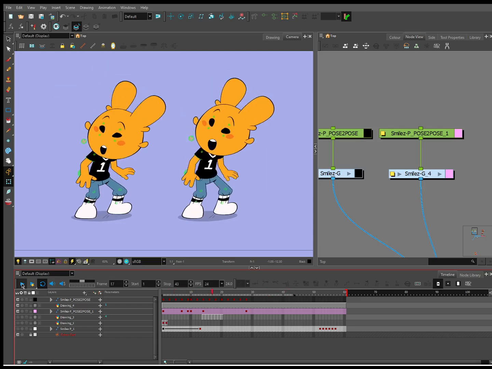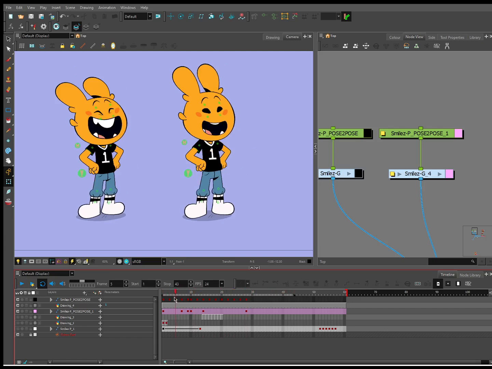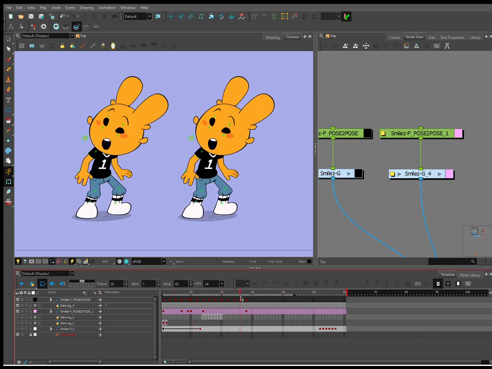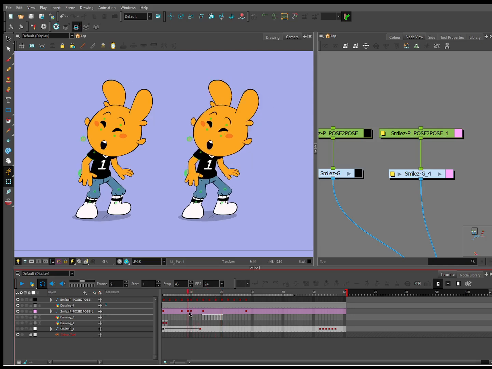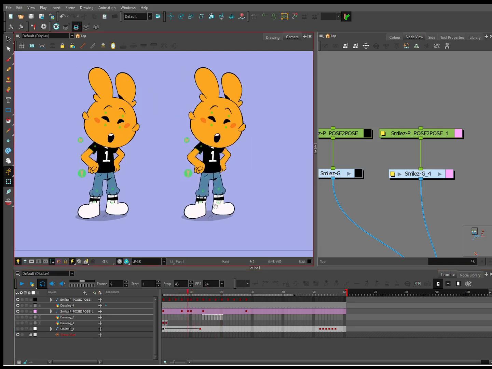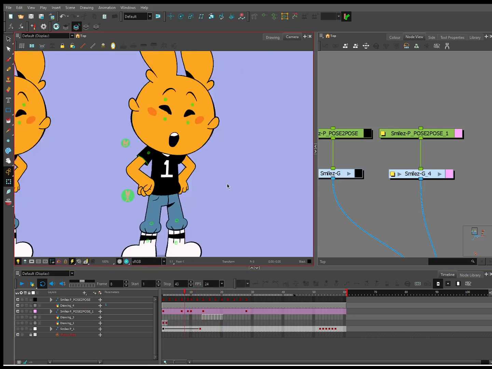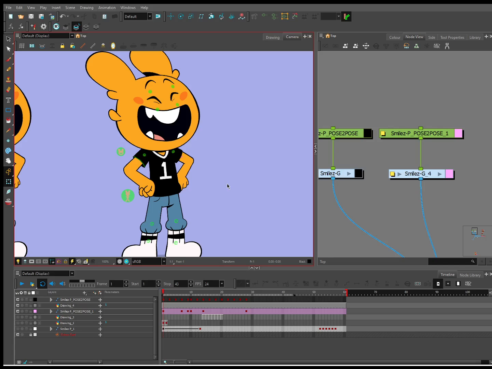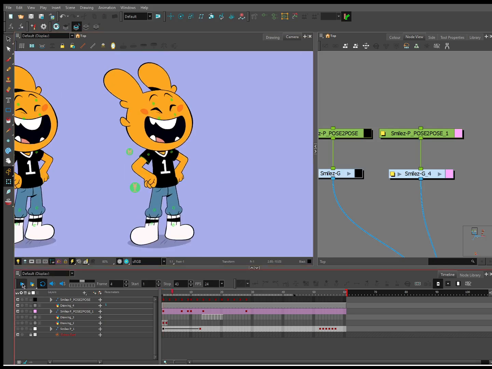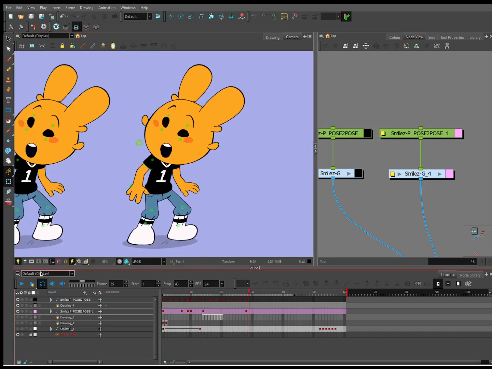Because while this action's great, it's got a little bounce to it. It's got some nice secondary on the ears, some squash and stretch. The head flip works well. This is an action that if I was a supervisor and somebody on my team approached the action like this, I would not be unhappy. I'd be like, oh, very nice and smooth, little bouncy, cool.